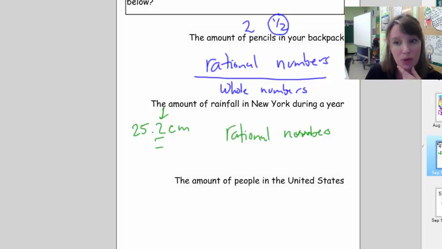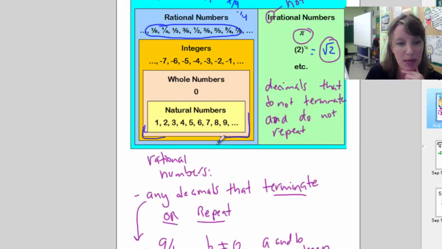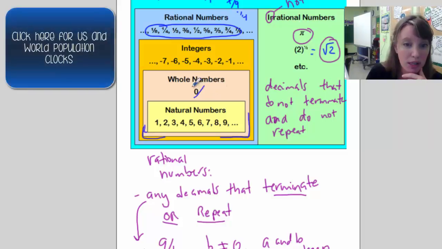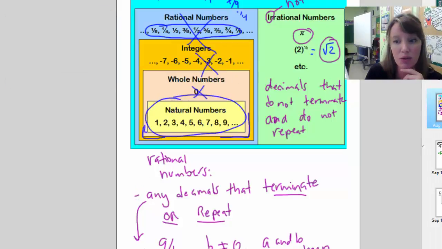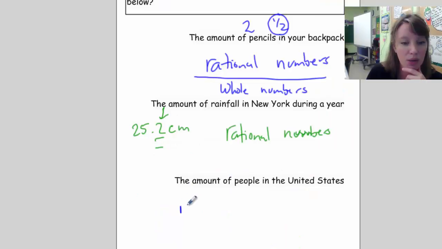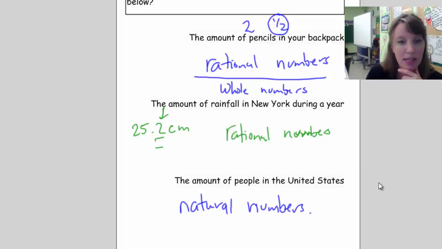The amount of people in the United States. Now that's a little different, so let's go back to our set of numbers. We know there's not 0 people in the United States, and we also know that there aren't parts of people, and we also know there's not negative people. So here, the natural numbers are going to be the only set of numbers that we would need in order to describe the amount of people in the United States. Okay, and that's how you would answer